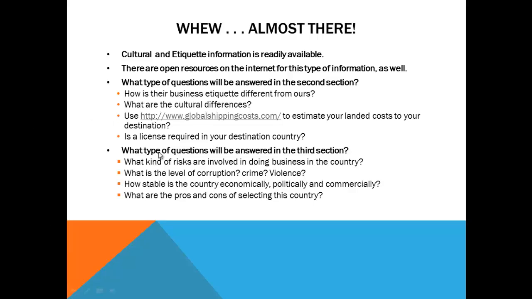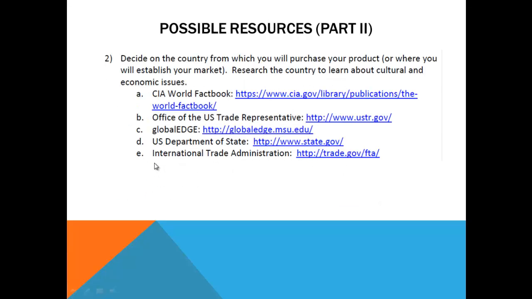So, for part 2 of your paper, you should consult resources like the CIA World Factbook. This is a great source of information that is also convenient. We have talked about the Office of the U.S. Trade Representative and Global Edge, but the Department of State will also provide you with information on inherent dangers in traveling in the region that you selected,